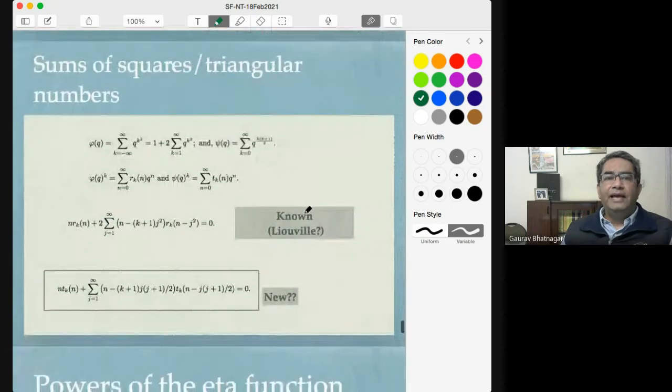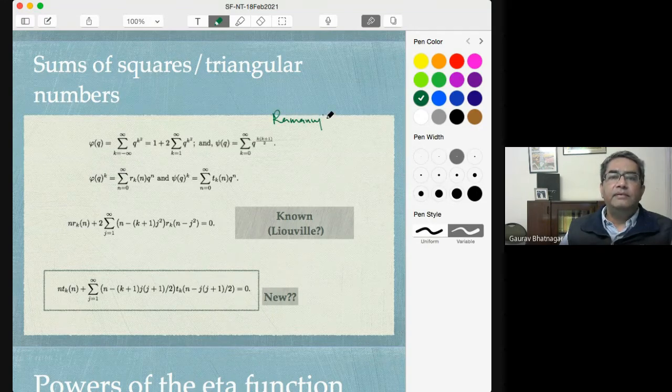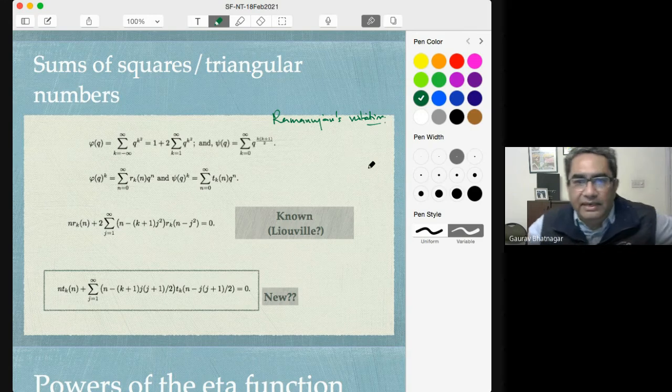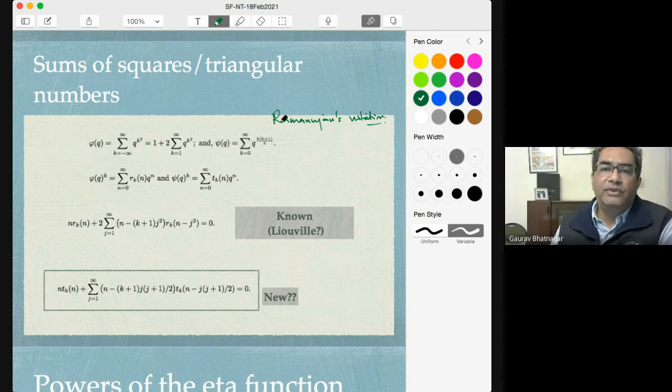Okay, so if we apply it to sums of squares and triangular numbers, so I'm using Ramanujan's notation again. So one side theme in my work is to try and find easy proofs of Ramanujan's results. So Ramanujan uses this phi and psi. Phi is the generating function for squares, and psi is the generating function for triangular numbers. And if you raise it to the kth power, you get the generating function for the sums of squares and sums of triangular numbers. So the coefficient will be number of ways